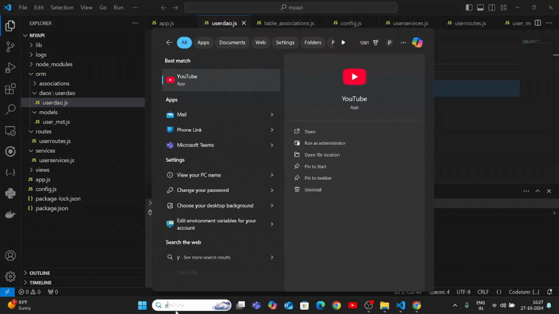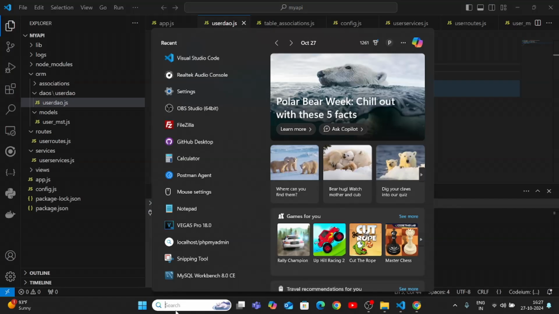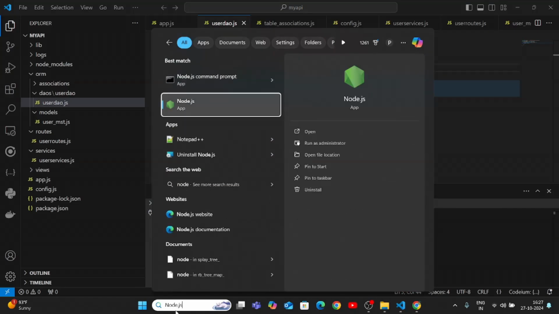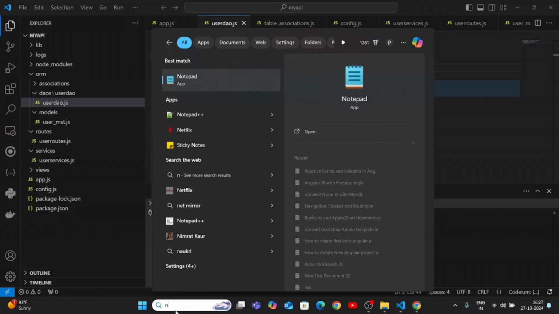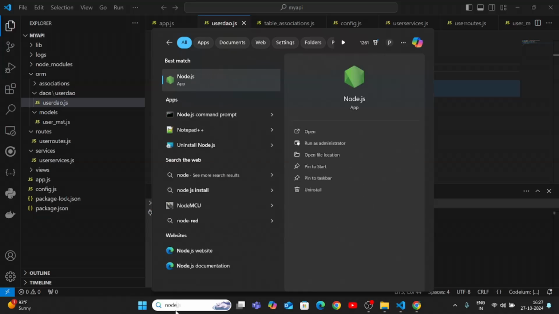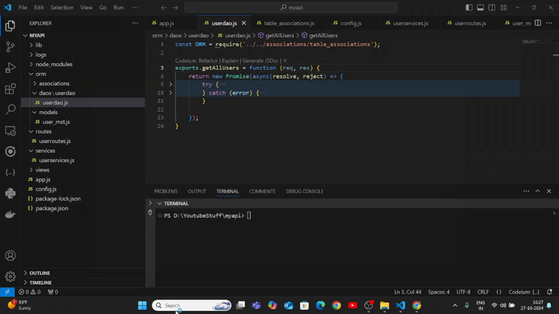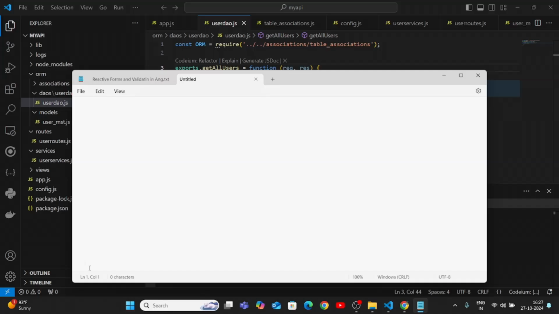Here I just open the notepad, and I mention the tasks which we handle in my API. So here: create user, then delete user,